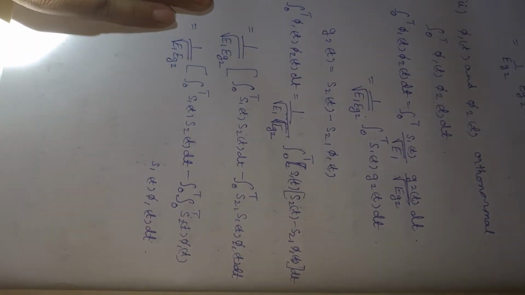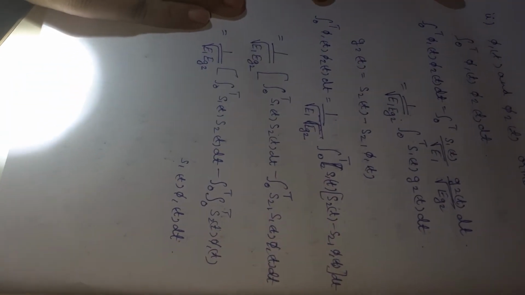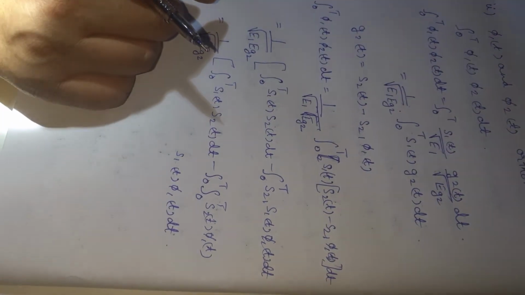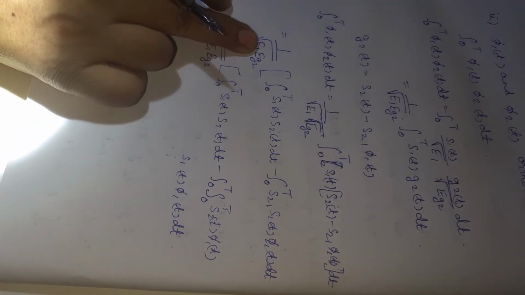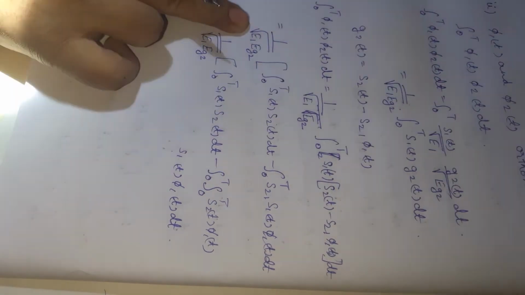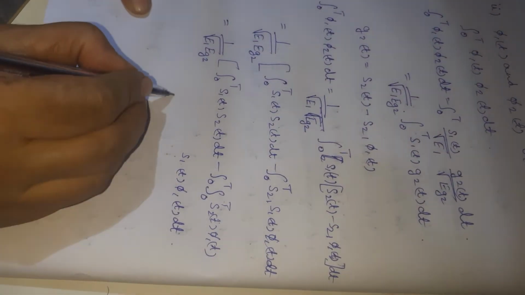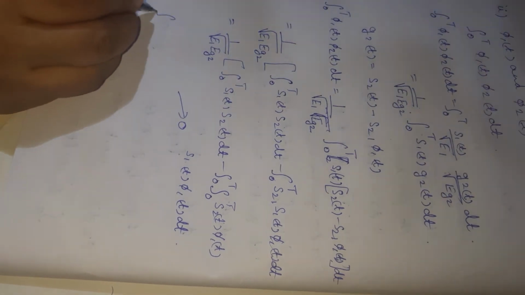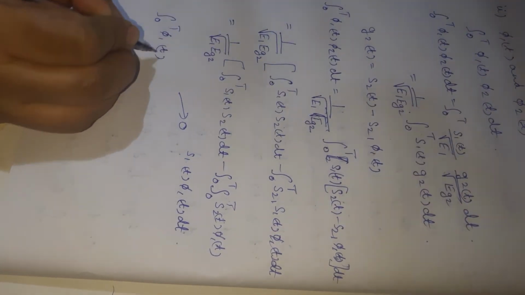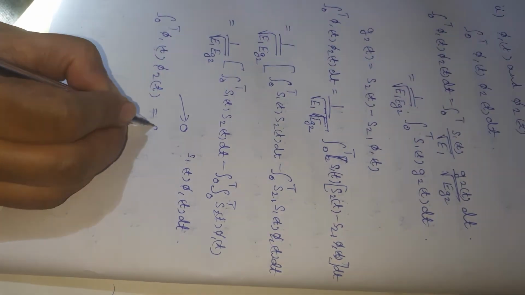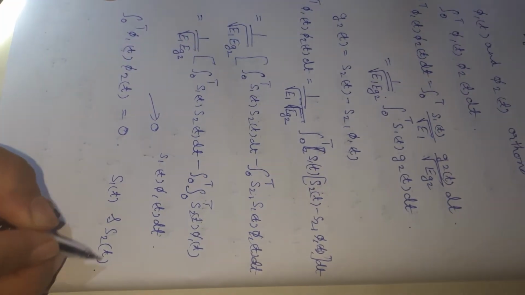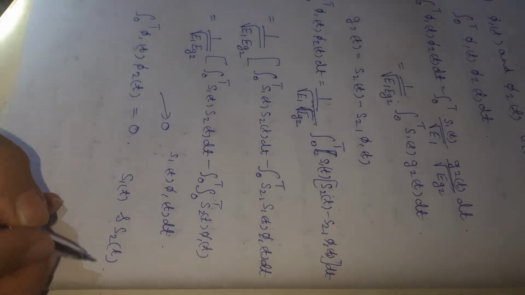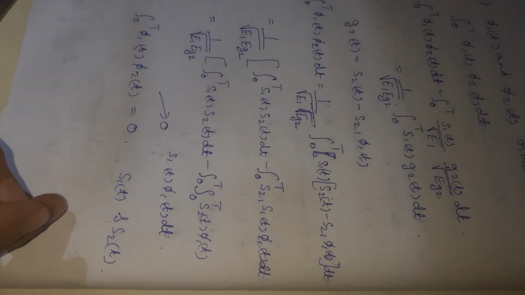Now in the above equation, it is observed that in the product of the two terms s1 of t and s2 of t, we know two symbols are not present at a time. So s1 of t times s2 of t will be 0, and the whole integration will be equal to 0. So the integration from 0 to T of phi 1 of t phi 2 of t equals 0, as s1 of t and s2 of t cannot be present at the same time. So the bases are orthogonal.